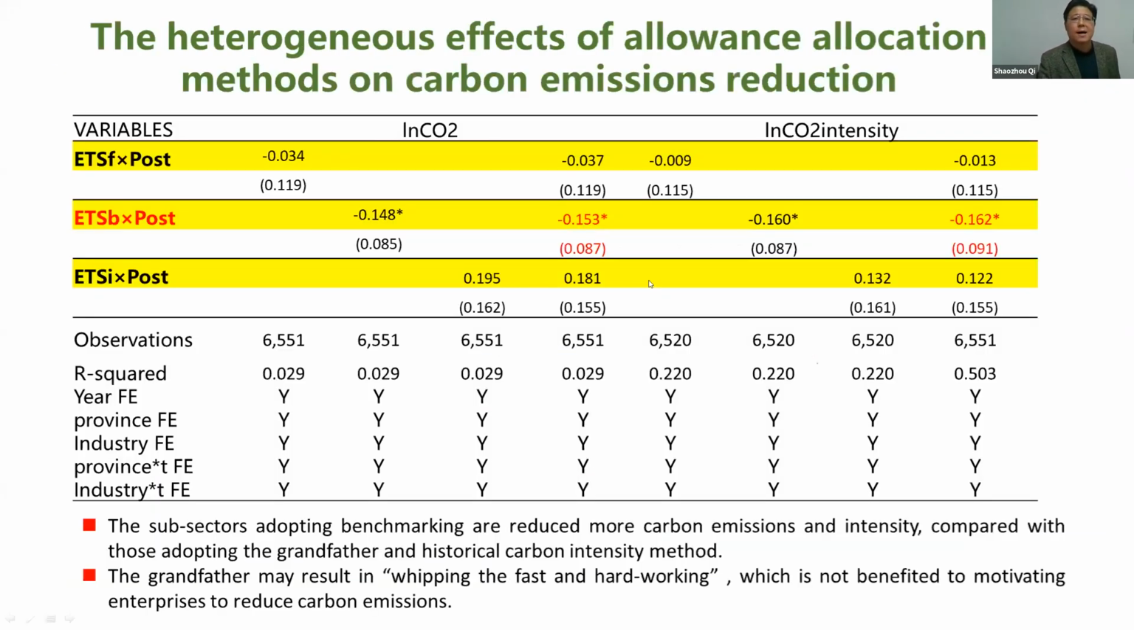So this is the result. The subsectors adopting benchmark reduced more carbon emission and intensity compared with those adopting the grandfather and historical carbon intensity methods. That means the benchmark is better. And the grandfather method may result in whipping the fast ox and rewarding the lazy, which is not beneficial to motivating enterprises to reduce carbon emissions. That's why, in terms of the national carbon market, we try to use the allowance allocation method